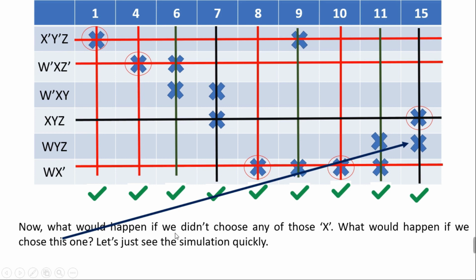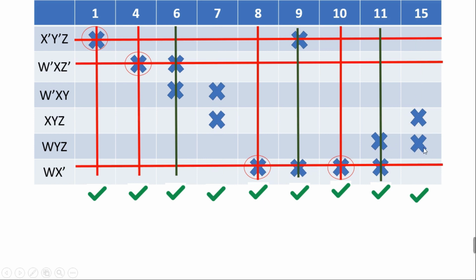So what would happen if we didn't choose any of those x's? All right, so what would happen if we choose say this one? All right, what would happen if we chose this x over this or this one? Okay, so let me just show you the simulation. It will be much clearer in the simulation. So if we consider this x where my mouse cursor is, so then